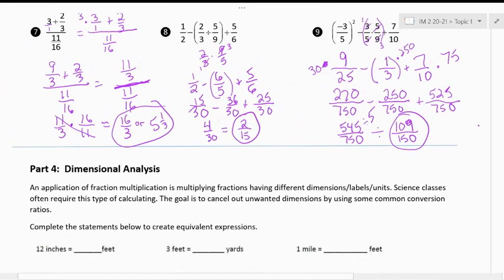Again, we're not going to do the dimensional analysis because that was in the Ed puzzle, and it's not going to be on our